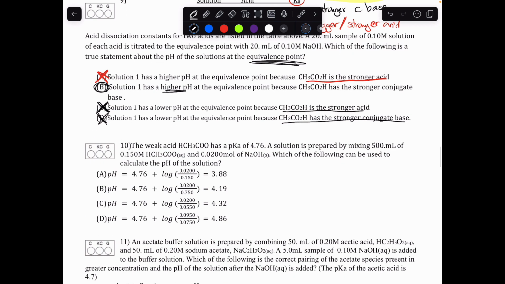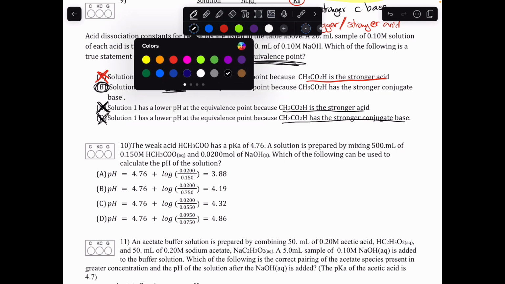All right, number 10. So we have a weak acid with a pKa of 4.76. A solution is prepared by mixing that concentration and molarity of our acid with 0.2 moles of our NaOH. Which of the following can be used to calculate the pH of the solution? So in this question,